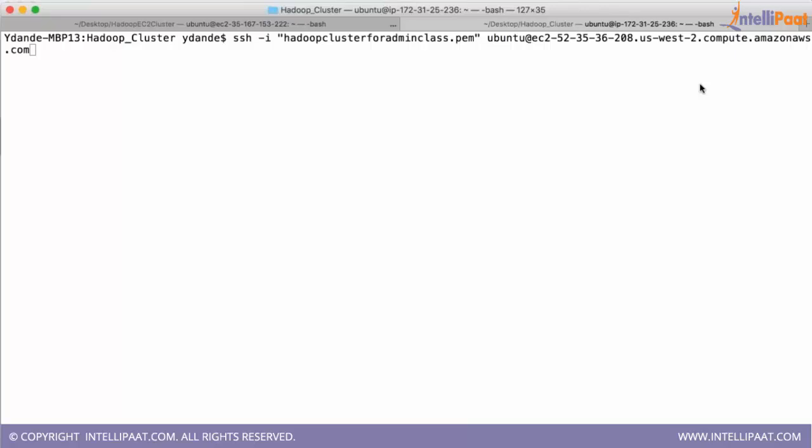But your guest, the machines on which you install Hadoop, is not a Windows machine. Yes, that's correct. So when I'm using Putty, will I be using the host system or the guest system? You will be using the host system only. That is, from my Windows system, correct? From your Windows, you open Putty.